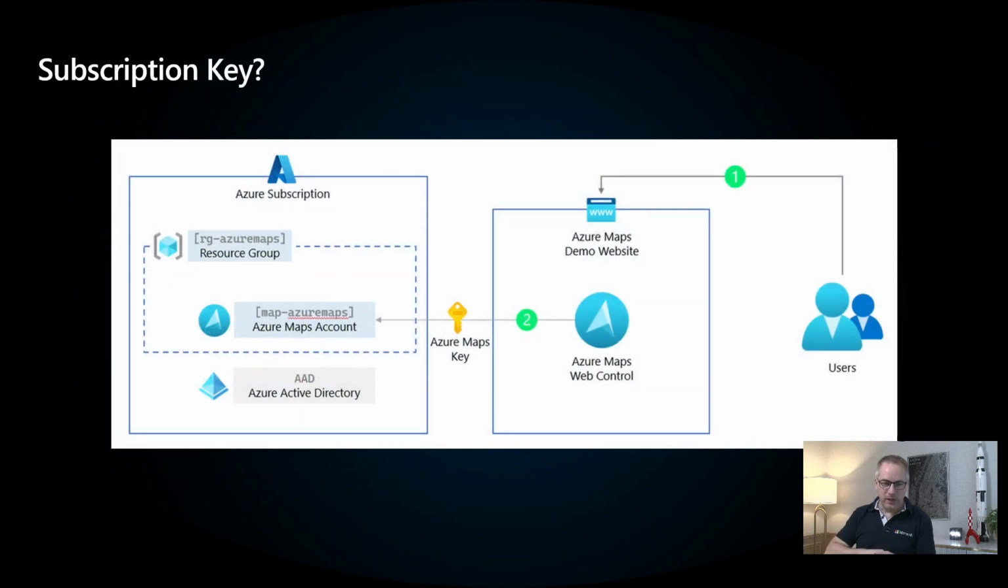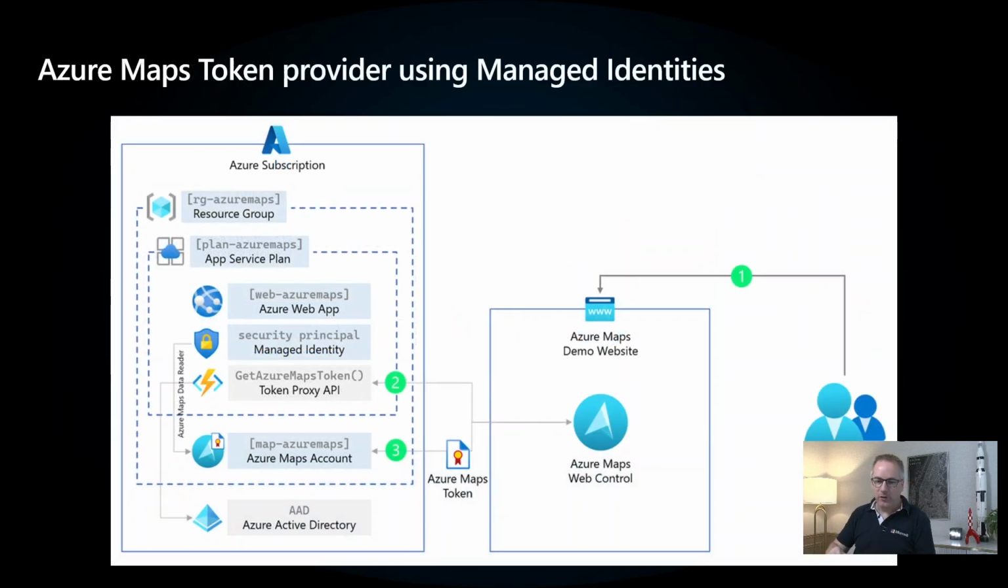Now, the subscription key, I showed you how to get that. That is basically the whole architecture that you see here. So you have your Azure subscription with your resource group and an Azure Maps account. Then you have your Azure Maps key and use that in our Azure Maps web control. But the Azure Maps web control is publicly available, and your key also, so maybe not the best thing to do. So what we can actually do is use a different architecture, and it is basically using managed identities,